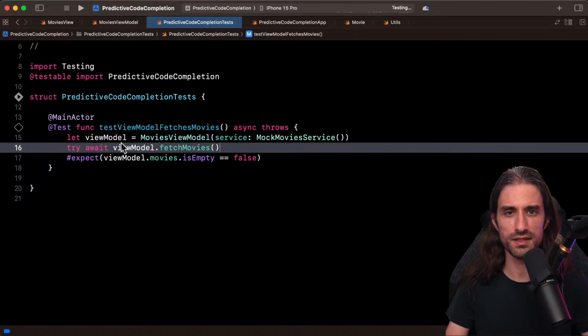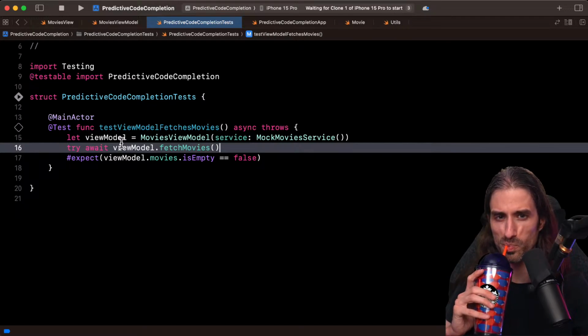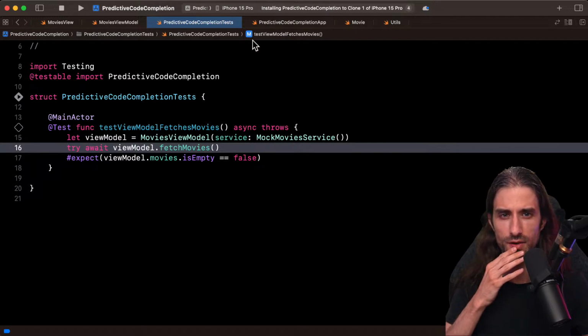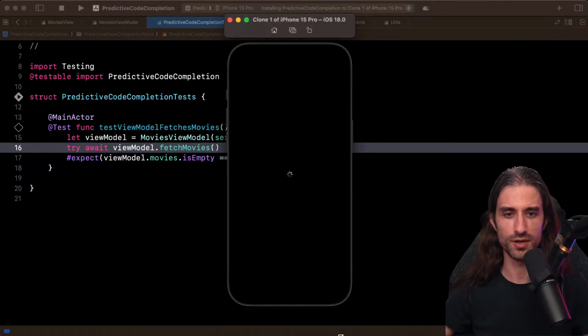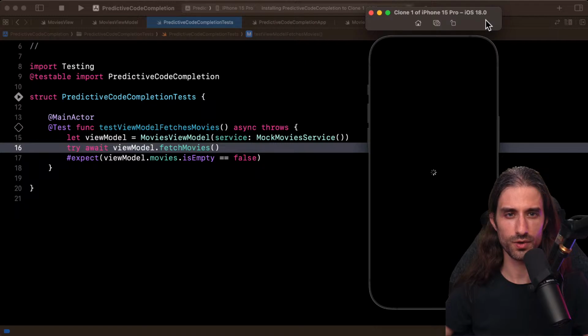Let's see if this test runs or not. So does it build, does it run, and does it pass? Let's see. Still running, you can see it here. Actually, a simulator has been created, has been spawned to run the test.